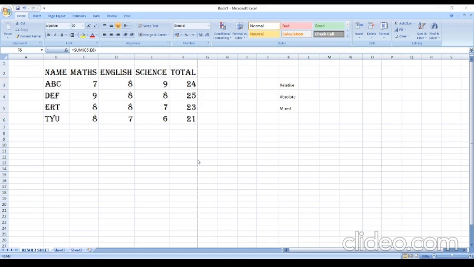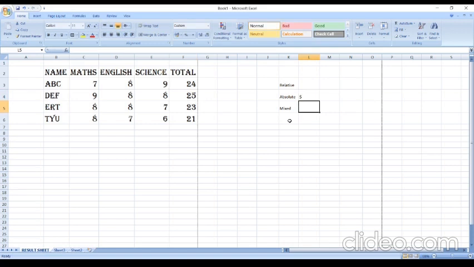That is a reference to a range of cells. When you copy and move it, you can see the formula automatically changes. Here C3, D3, then 4, then 5, so it changes automatically. That is known as a relative reference. And second is absolute reference, in which we use a dollar sign. Dollar sign means whenever you copy and paste the formula, it will not change. If I have put C3 plus D3, it will remain the same C3 D3. It will not change into C4 D4.